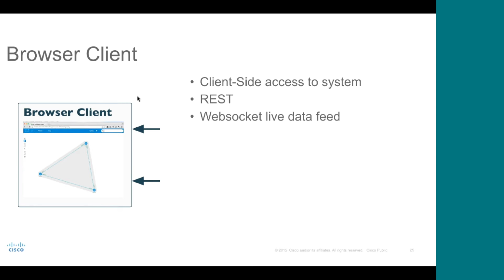We have 2 methods of communication back to the server. So we have a series of REST commands that we're sending an action and expecting a response, or sending a command and hoping for a response, giving us some information on something like the node status, or sending a command through to the user workspace management and the VIRL core piece to do something like maybe shutting down a link or shutting down an interface and getting the response back.